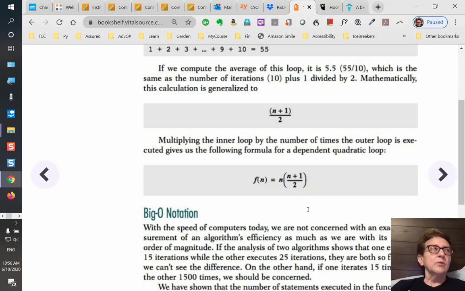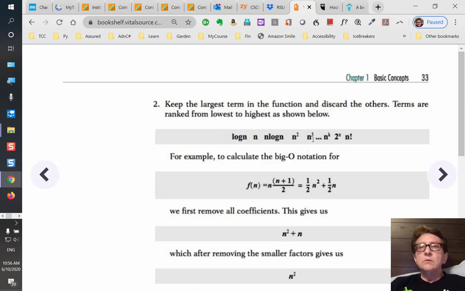So if we've got something like 3n squared plus 2n, you can throw away the 3 and the 2. Then you try to figure out which term is the biggest one for large n. This is the thing you need to memorize right here: log n, and then n. This is the fastest. Okay, log n, and then n, and then n log n, then n squared, n cubed,